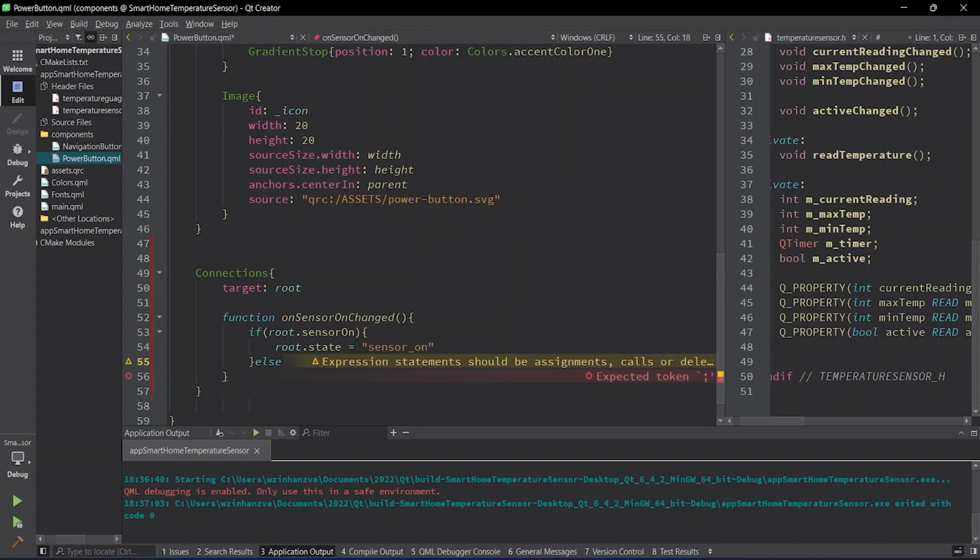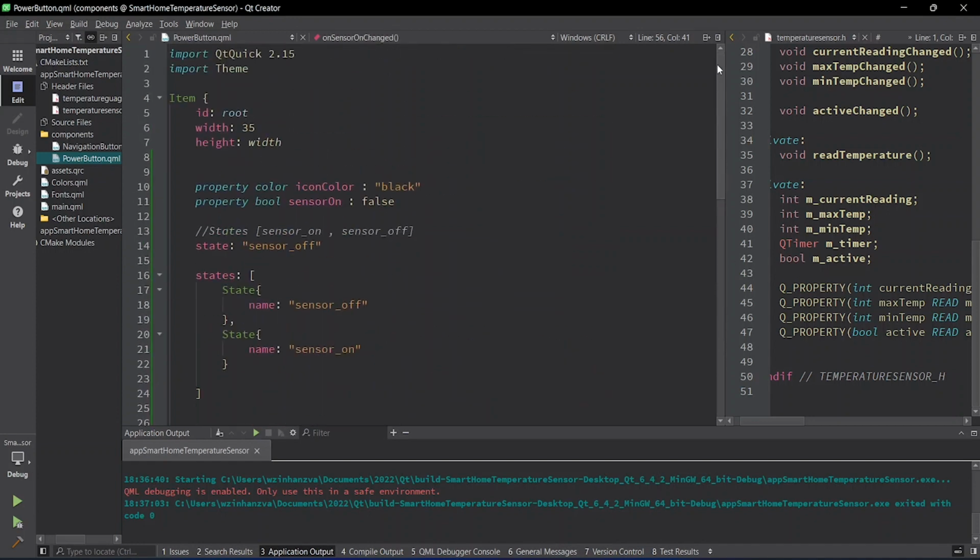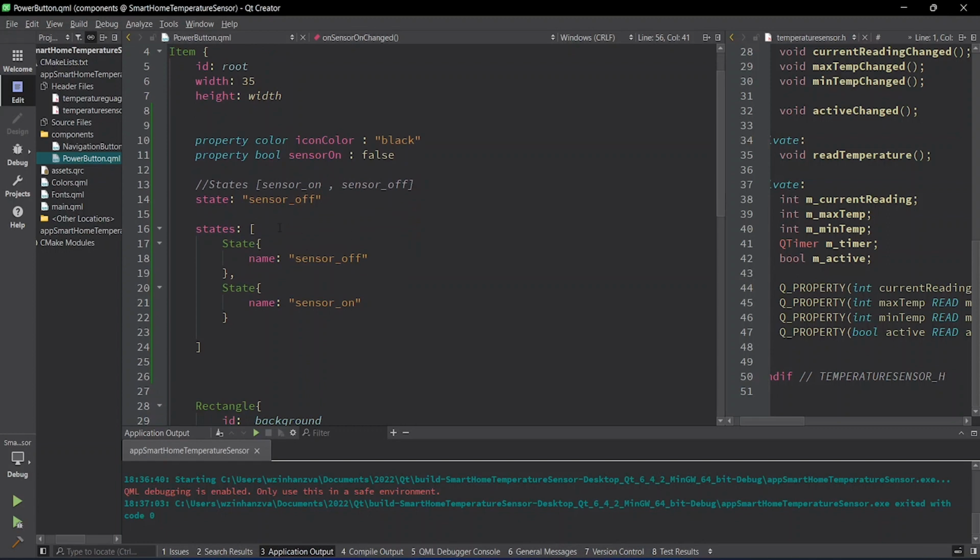Else, we need to set it to sensor off. State is equal to sensor off. So this logic is going to determine the state of our power button. Alright, now that we're done with that logic, let's define the property changes that are going to be happening under